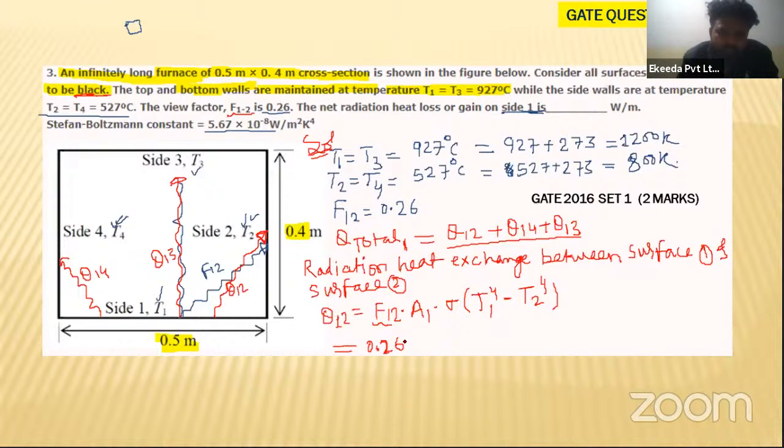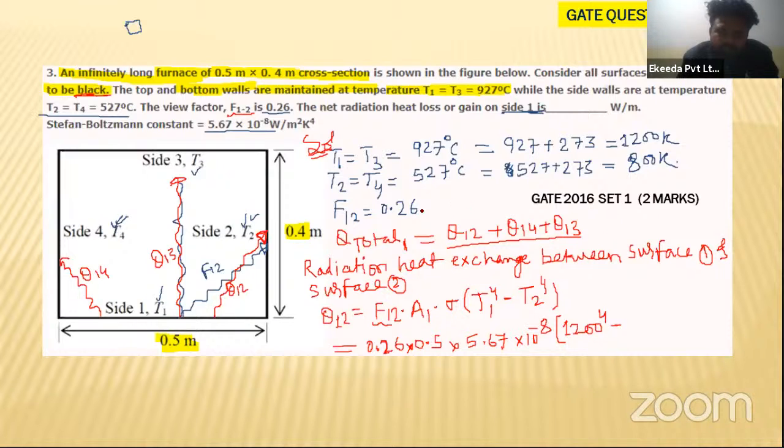0.26, my dear students. Multiply by what is the area A1? This is nothing but 0.5. Into sigma. What is the value of sigma? That is nothing but 5.67 into 10 to the power minus 8. And what temperature have they given? T1. What is the value of T1? T1, T3 is equal to how much? 1200 Kelvin. So you can directly take the value of 1200 to the power 4